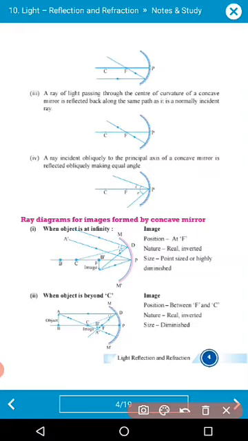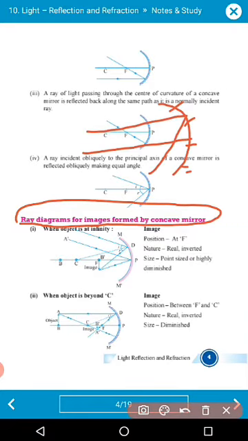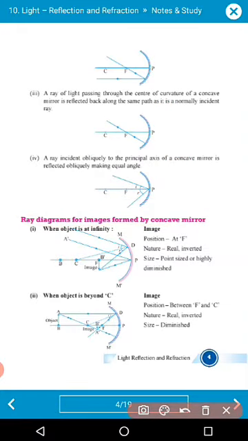So today we are going to learn different ray diagrams formed by a concave mirror. In the case of a concave mirror, we have to learn how to form different diagrams. You have to learn some basic details about this because I already taught you in the terminology. Whenever a line parallel to the principal axis strikes a concave mirror, it gets reflected and intersects at a point on the principal axis, which is called the principal focus.